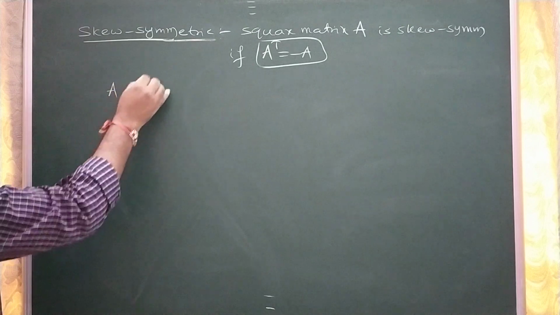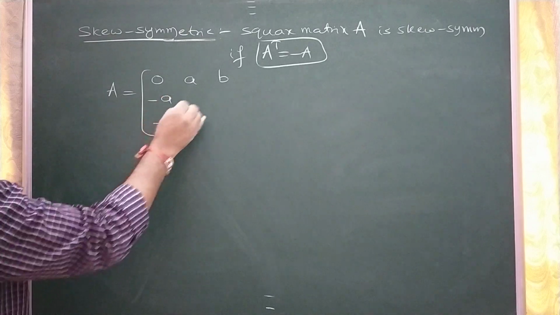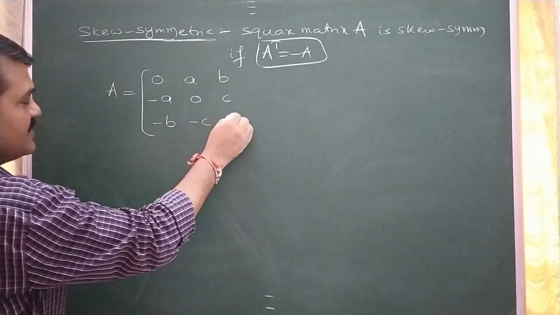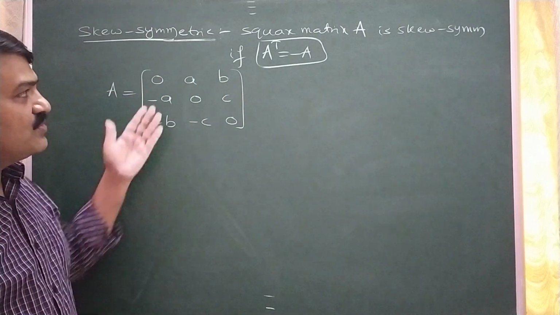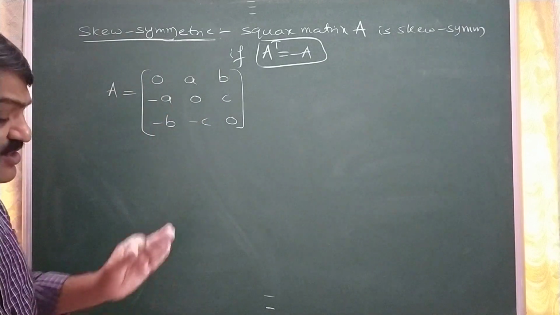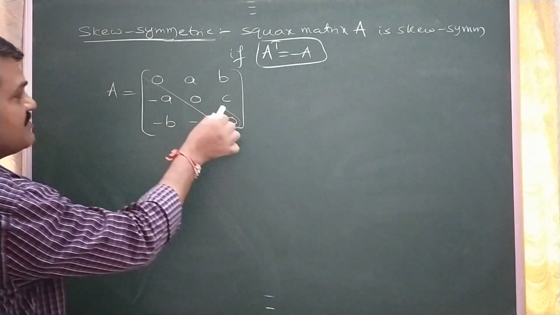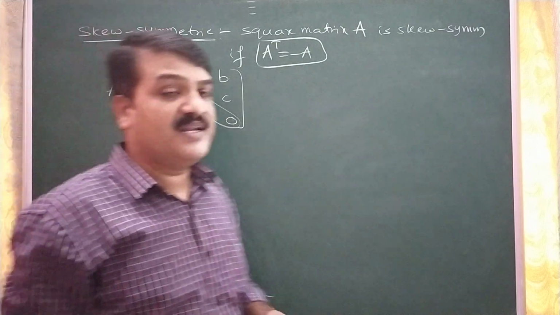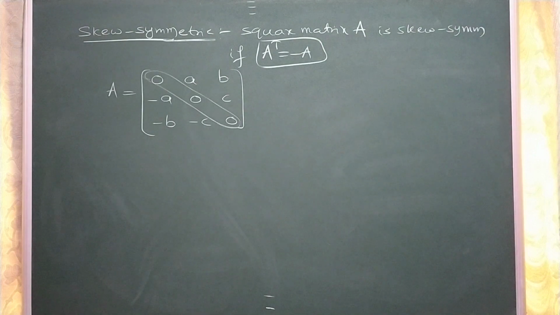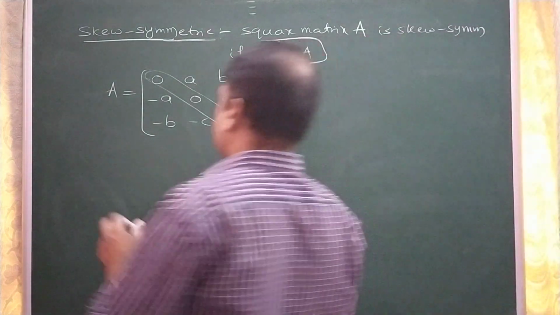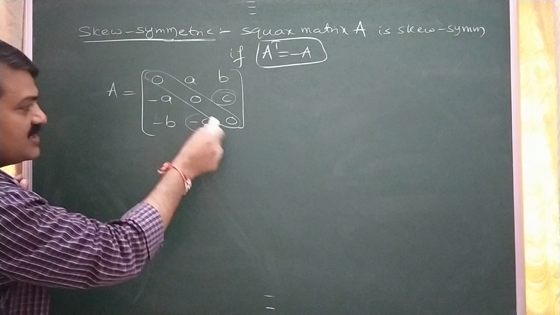Okay, so I'll give you a simple example. So this is a simple example of a skew symmetric matrix. You can see if you do A transpose, you will get minus A. So in a skew symmetric matrix, basically what we have to see is diagonal elements must always be zeros, and first row and first column elements must be of opposite signs. You can see these two elements of opposite signs.